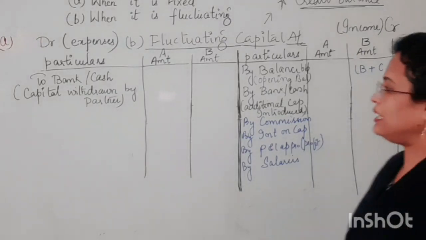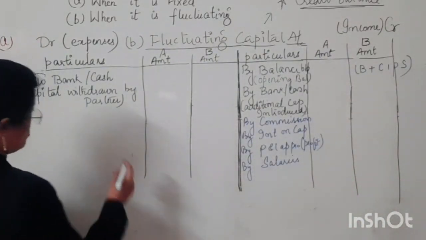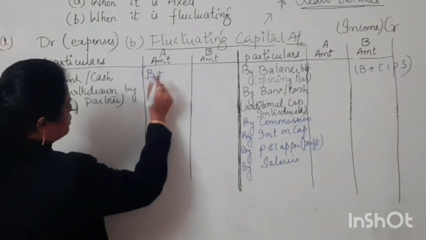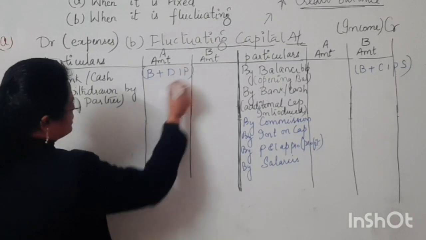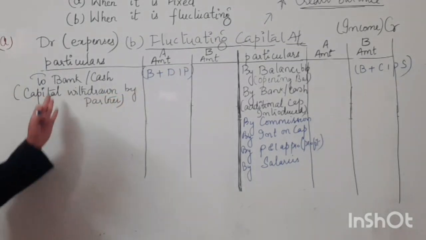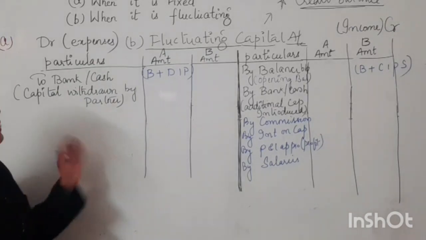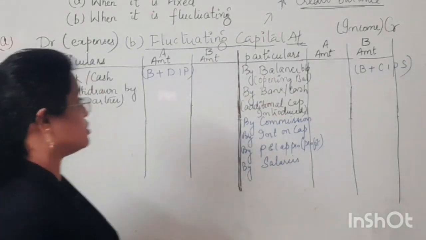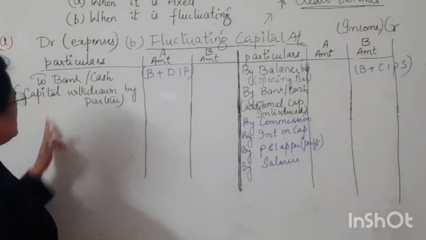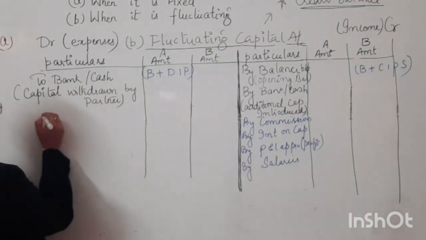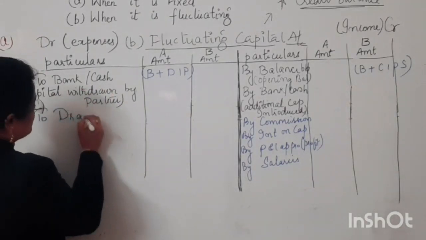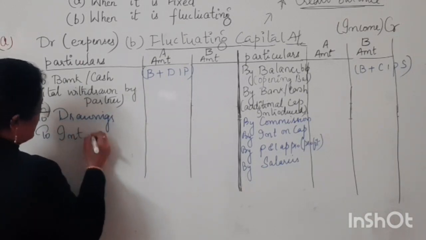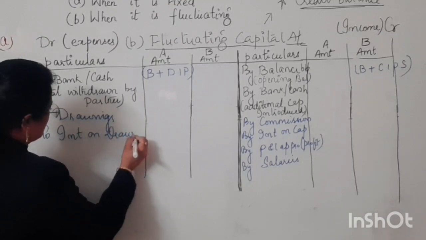Got it, children? Now similarly, in order to recall the debit side items in the partners capital account, in the current account we use the acronym B plus DIP. So B stands for the balance brought down, or the bank or the cash, you can say. We don't have the balance brought down here, because mostly when we are making a fluctuating partners capital account, the balance always comes on the credit side. So you can take it here as to bank if you suppose are having it. Then next, D stands for to drawings. The next, I stands for interest on drawings, because the partners have to pay it.